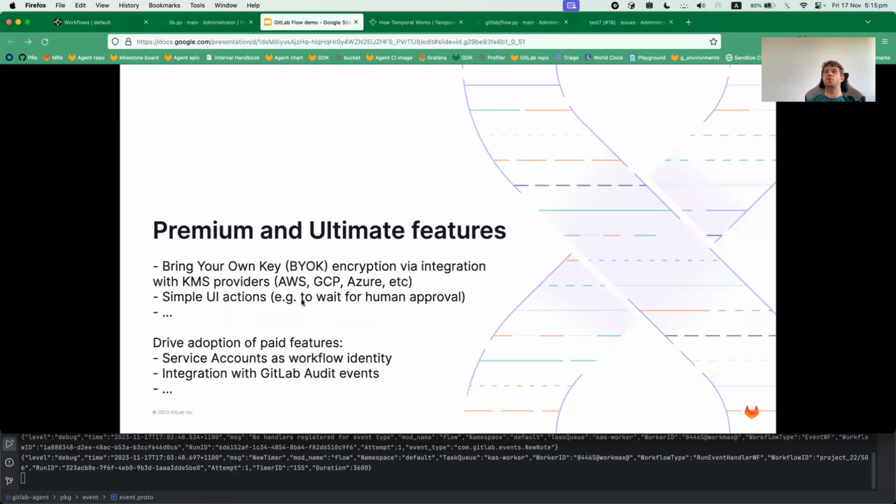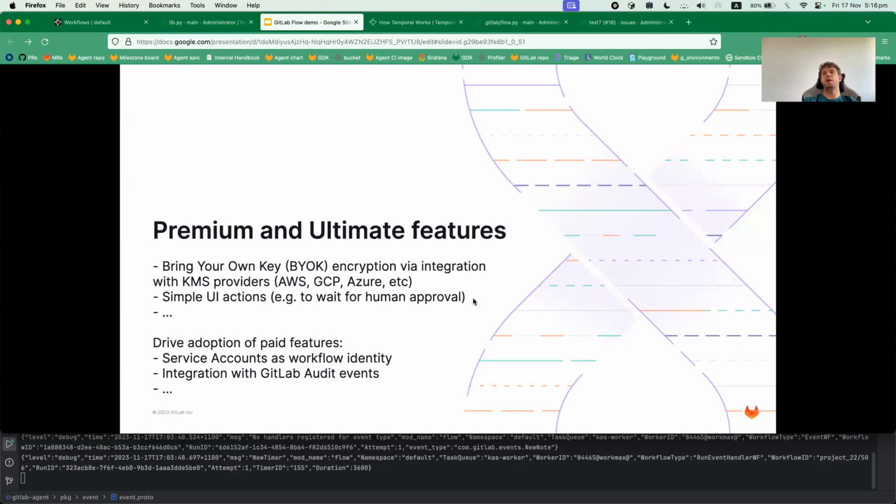Then you could imagine that people would want to automate business processes where humans are involved. So imagine a process where something requires legal approval. The workflow can wait and create a UI with a button, assigned to a certain person, or even maybe it can create an issue and assign it to a person, and then that person needs to approve. Well, an issue can be approved, but maybe an MR, or let's say if they close an issue with a certain comment, that counts as an approval,